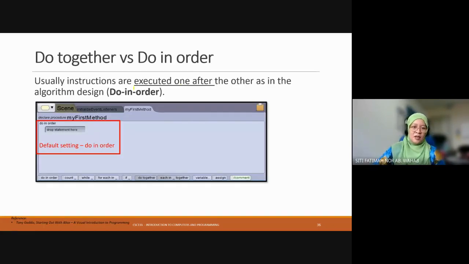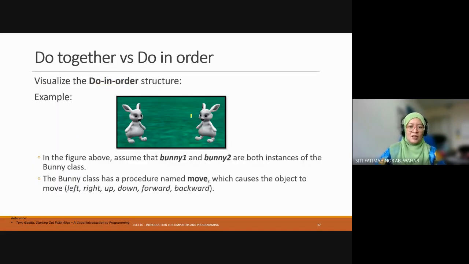Okay. So usually instructions are executed one after another. So we call it do in order. Kalau nampak dekat sini, do in order. So your statement is here. This is the default setting. So example,